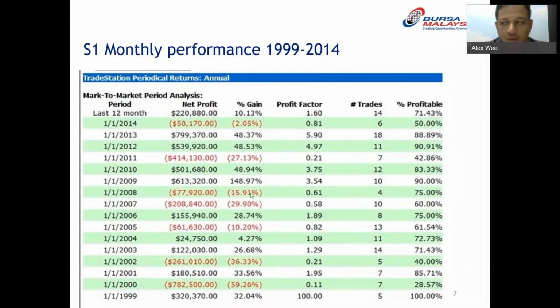Because there are some seminars out there that teach this strategy, I just want to warn you. You can actually make more, 148% was never heard of during that time. At the same time, negative 59% was never heard of as well, but now it's possible. So what it tells you is that in the new era, which is today, the volatility has changed a lot.